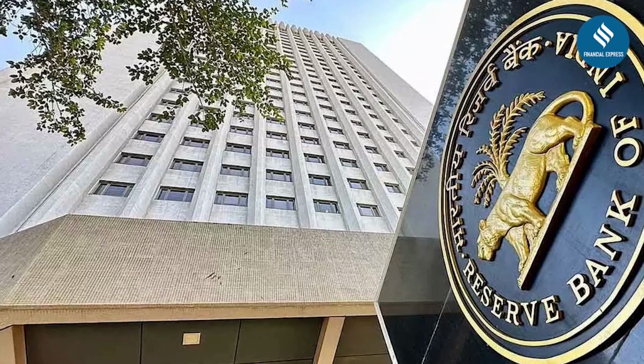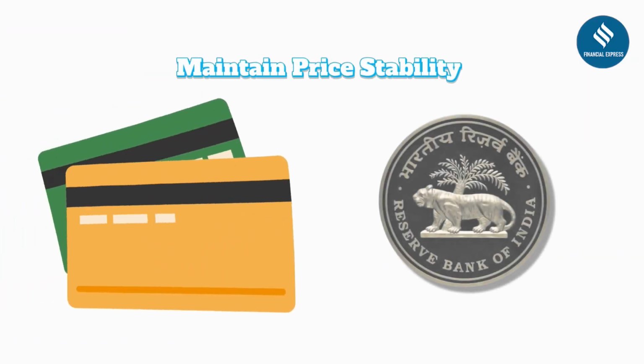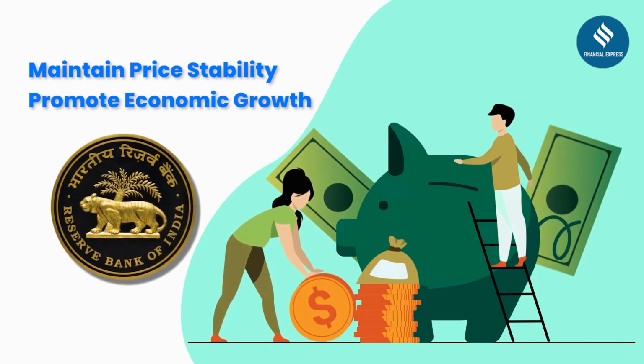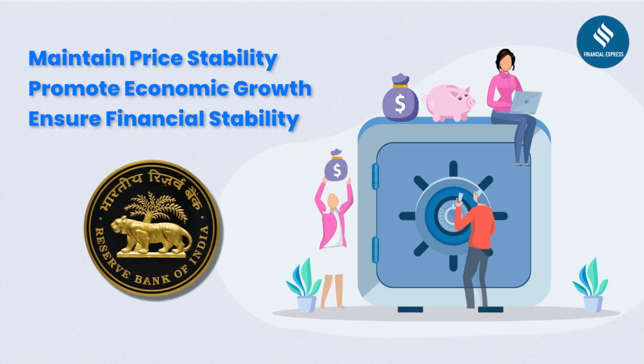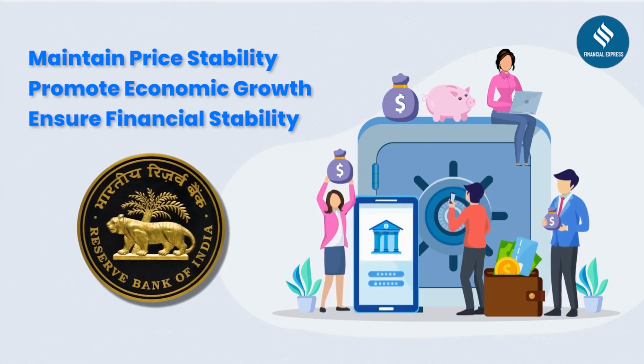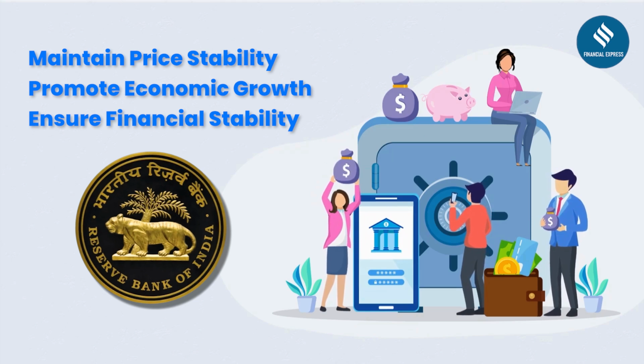You see, the RBI's primary objective is to maintain price stability in the economy and control inflation within a target range. Currently, it's at about 4%. It can do this by regulating the amount of money supply. At the same time, the RBI has to promote economic growth, ensuring credit availability for some of the more productive sectors of the economy and also for MSMEs and infrastructure. This also helps employment growth. Next, the RBI also must ensure financial stability, so it keeps a hawk eye on banks and financial institutions to ensure all their systems are in order and they are following the rules.